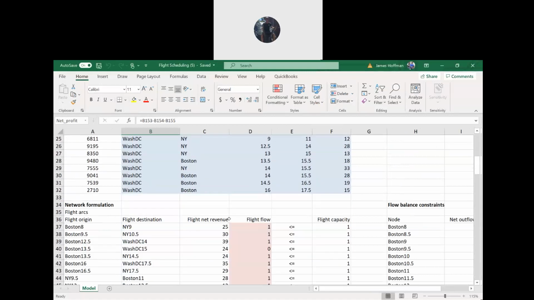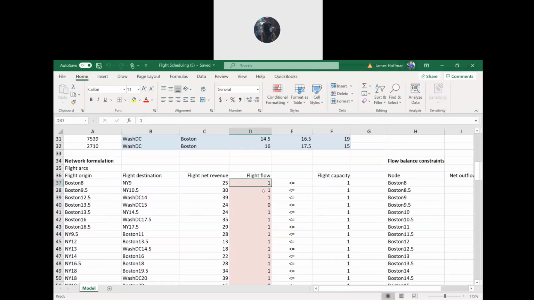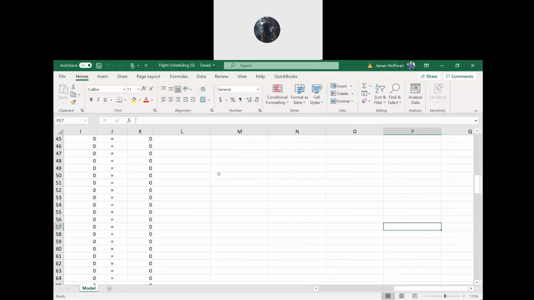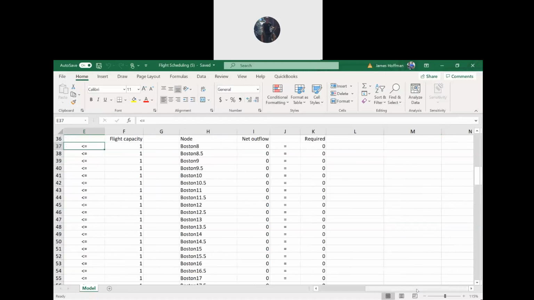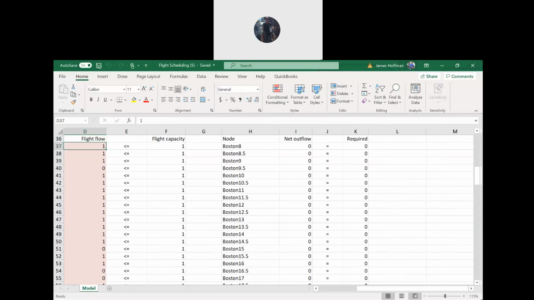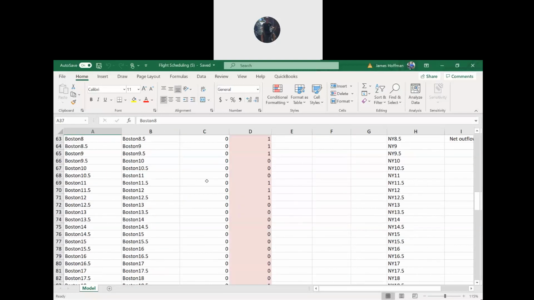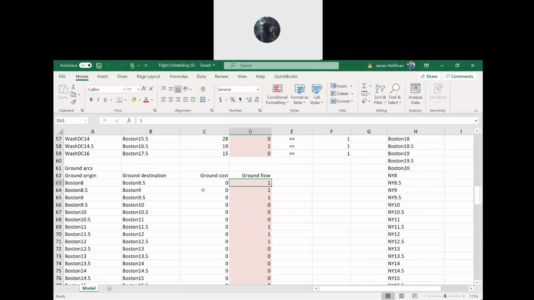So the solution is we chose these routes, right? The ones that are ones. We chose that route and got that revenue. Okay, you can see that we don't have any planes in the air after the model is solved. The net outflow all equals 0. Okay, we didn't choose more than one flight per route, and we chose those routes. And we accounted for the planes on the